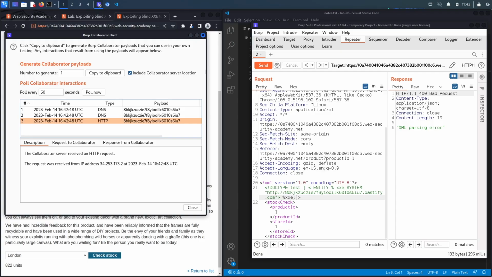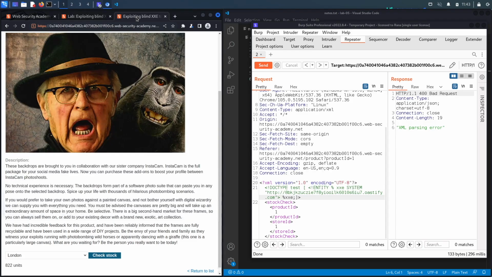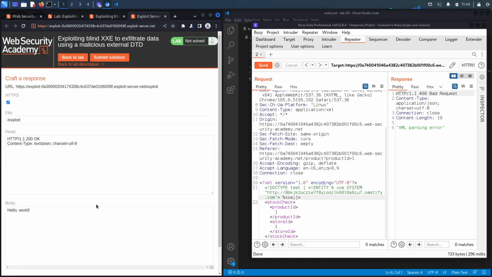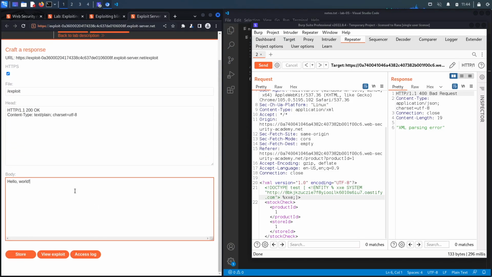To do that, we need to host a malicious DTD on our attacker-controlled server, which is already provided to us in the lab. So we can do that directly through the exploit server. So we're going to go to the lab right over here, go to the exploit server, and in the exploit server over here, we're going to add our malicious DTD and then call the malicious DTD directly from this request over here. So for the malicious DTD,